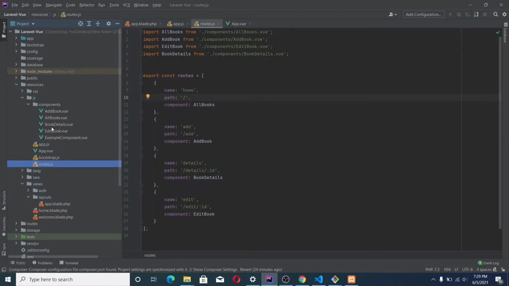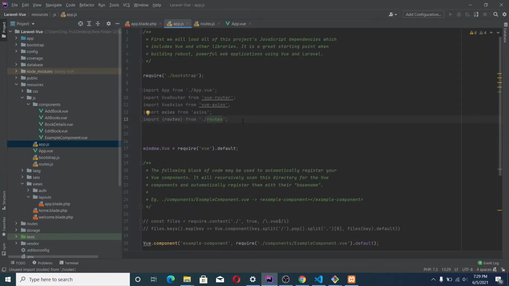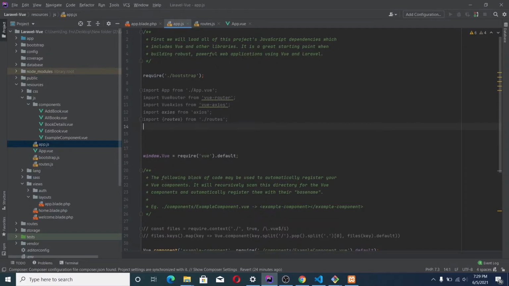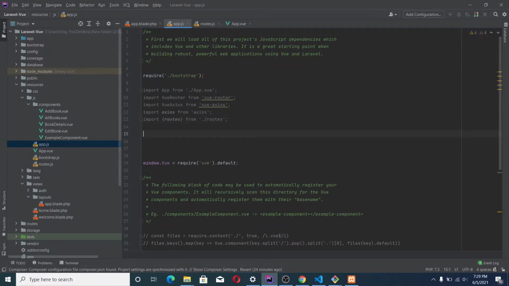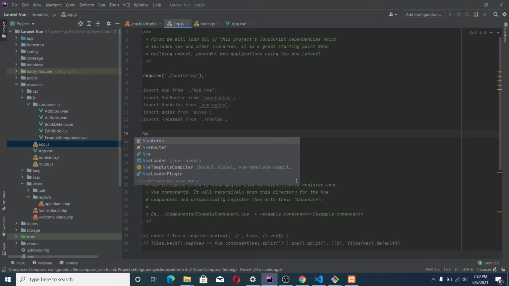Okay, so let's go back to our app.js. We've done the necessary imports. The next thing we'll be doing, after importing Vue Router and Vuex, is to use them here.